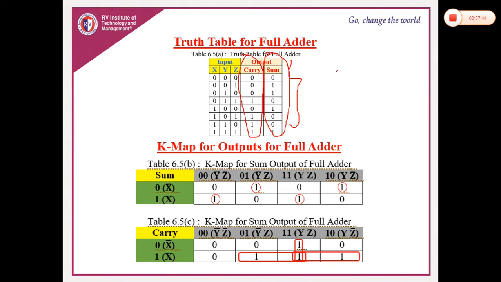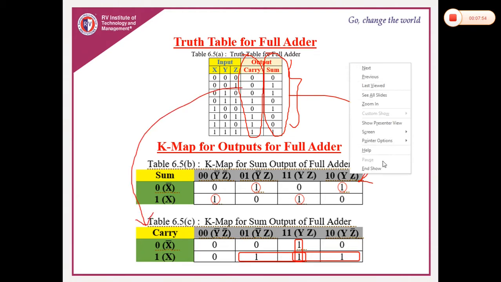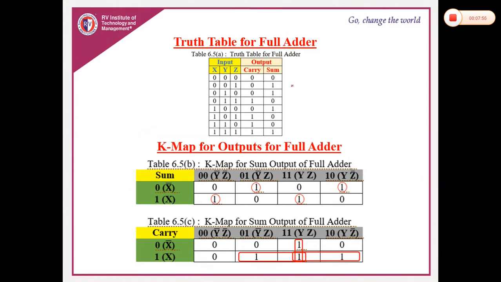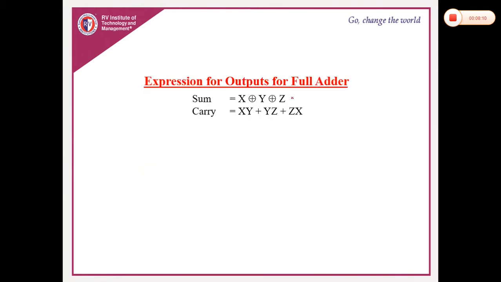for implementation. Okay, so what is the expression for sum? Use the K-map. What is the expression for carry? Use the K-map. So how to use this, we'll just see now. You can just see, after putting this 0 1 1 0 and 1 0 0 1 in the K-map, you got like this, and there are no octet possible, there is no quad possible, there is no pair possible,